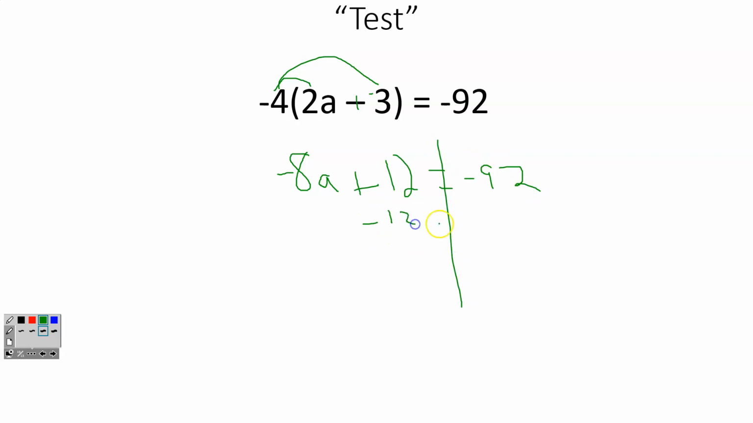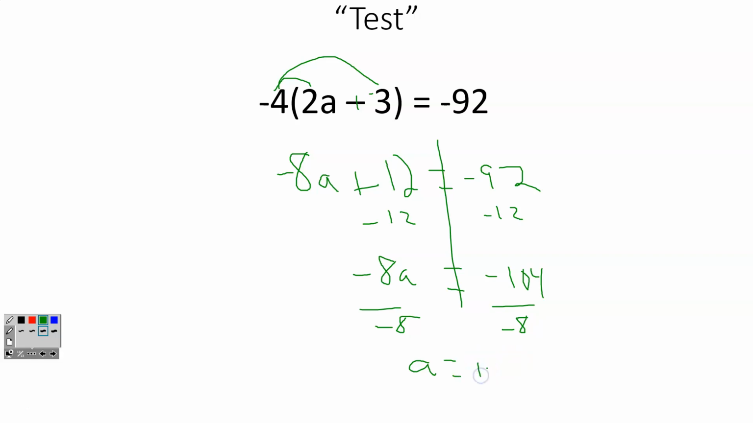I'm going to subtract 12 from both sides. I get negative 8a equals a negative 104. Divide both sides by negative 8. And I'm going to get an answer of